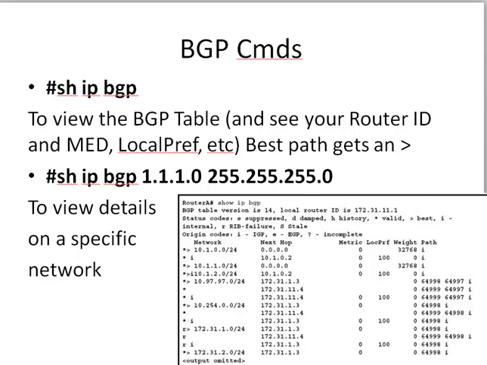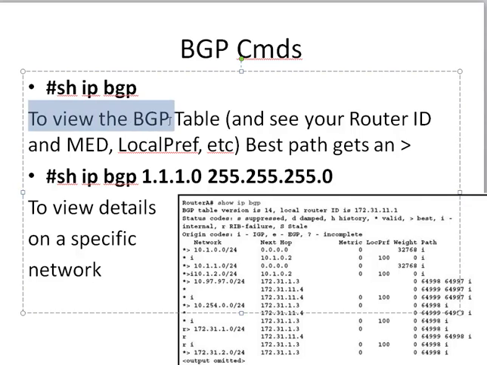We'll do it next time, but just to give you guys an introduction, I want to lay the foundation here of the commands that we'll use over and over and over. In this output, show BGP, I'm skipping a little bit ahead, but this command is to view the BGP table. It would have been nice if the command was show BGP table. I think that would have made more sense, but unfortunately, it's just show IP